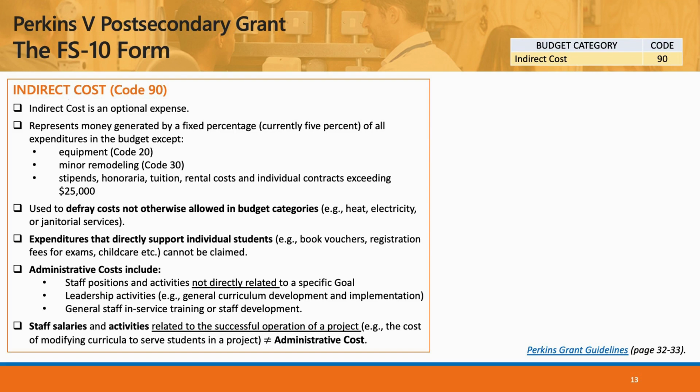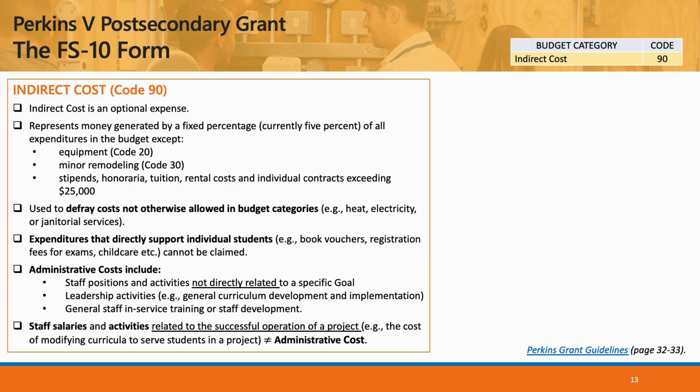Staff salaries and activities directly related to the successful implementation of a project are not an administrative cost. An example would be the costs associated with modifying curricula for students in a specific project. These costs would not be indirect costs, but should be reflected in professional, support staff salaries, or purchase services if a contractor is utilized. Again, indirect costs are a fixed percentage, currently 5%, of all expenditures in the budget except